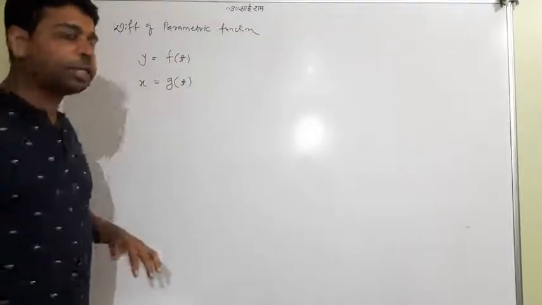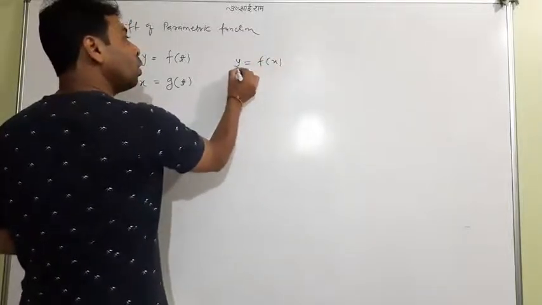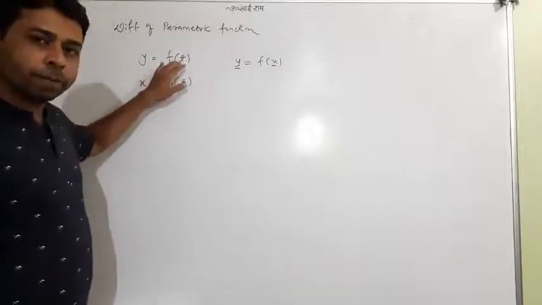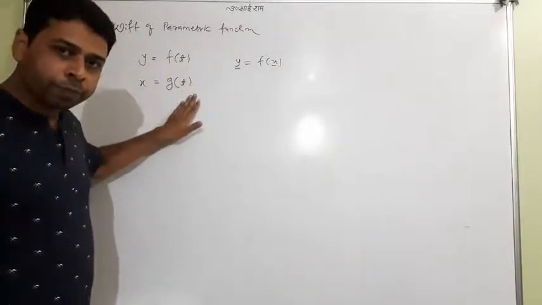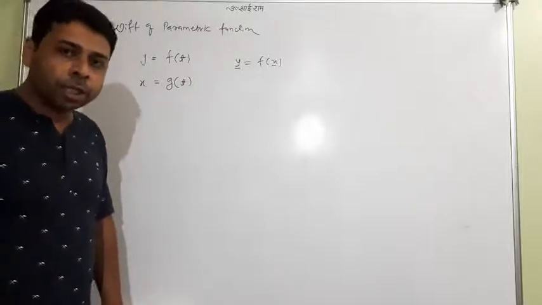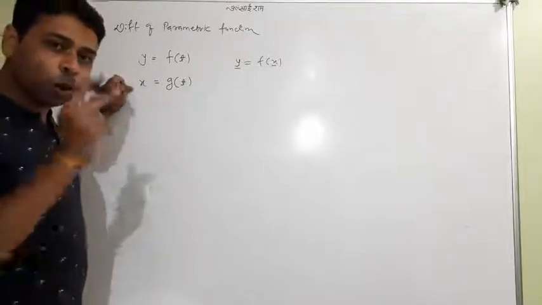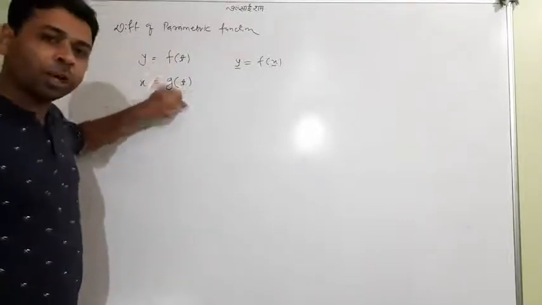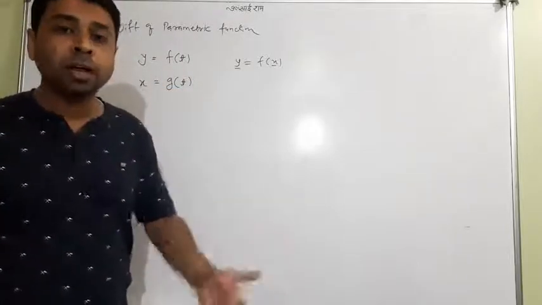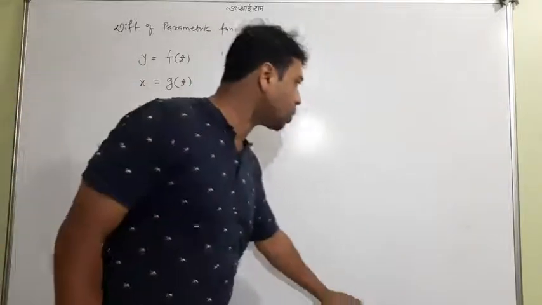It's very interesting. Till now you have seen y is equal to f of x, when it is called y is a function of x. But this time it is called y is a function of t, x is also a function of t, and the third variable is t. And identification of a parametric equation is very easy. When you get x and y, two equations depending on a third variable. Instead of t you may get u, you may get v, you may get theta, you may get some other variable except x and y. So this is a very interesting concept.